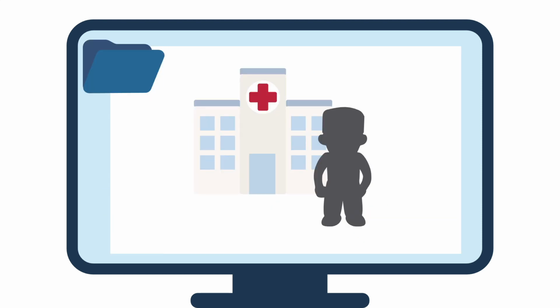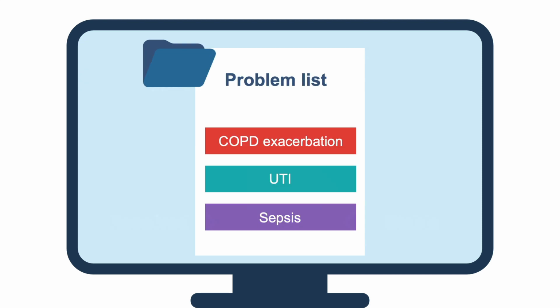One other helpful tip is to note if a new problem was present on admission or not. You might see this abbreviated as POA. This is especially helpful to note for clinical problems that might result from iatrogenesis, such as device-associated infections or pressure injuries. As the days go by in your patient's hospital course, it is important to remember that the problem list